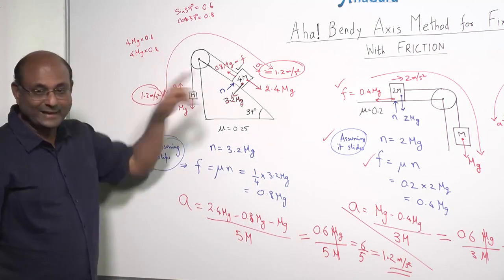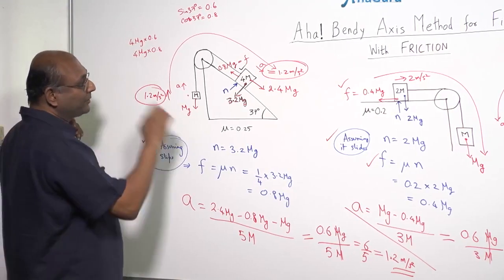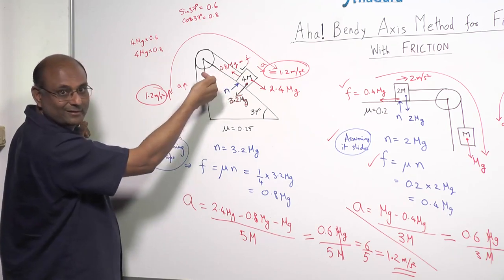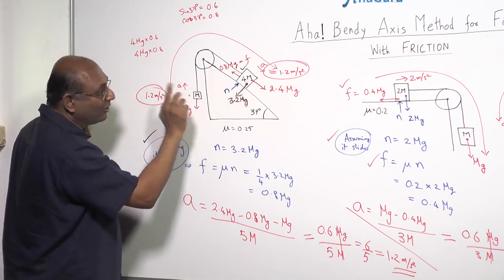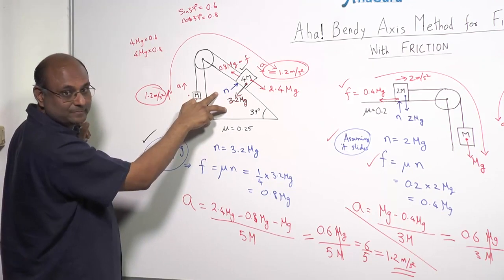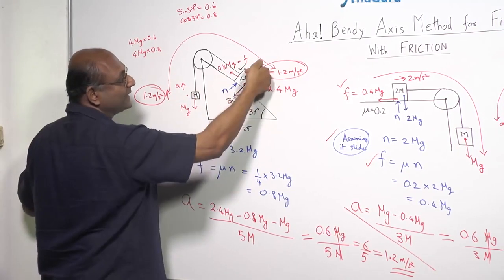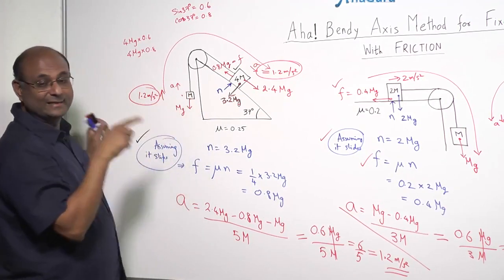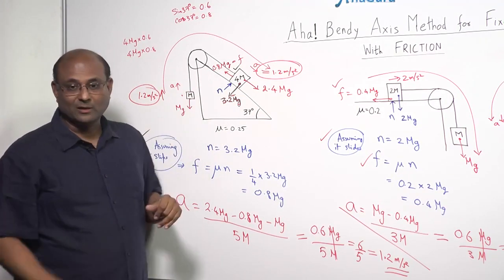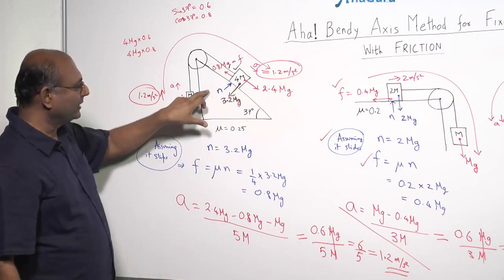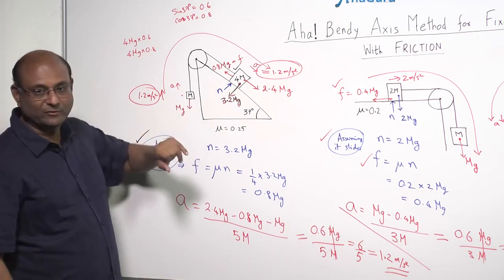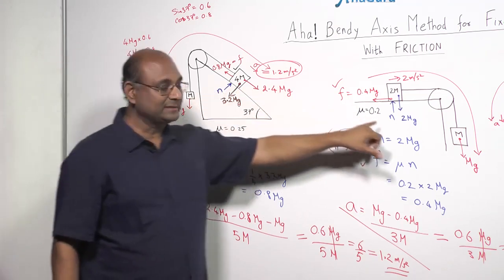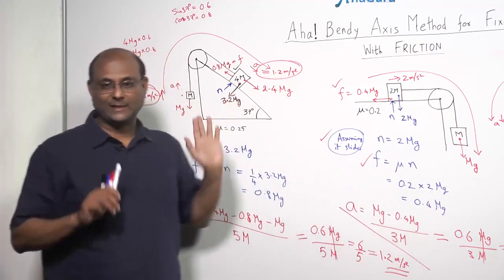But I hope you can see how bendy axis allows us to calculate. The main problem is, of course, you have this and this. That is easy. The friction part, you still have to calculate that. Now, not in all questions will n be equal to mg cos theta. Sometimes you may have a force like this. Sometimes you may have a force like that. You will have to find out what n is and then use mu n to find out what the friction force is. Don't blindly assume this is mg cos theta and that is mg. Don't assume that, you'll make mistakes.